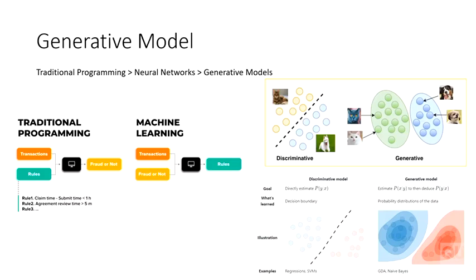So you estimate the probability of X given Y, where X is your data and Y is your label. You are saying, what is the probability that this data point is coming from the dog space or from the cat space? If you know that probability, you can simply use Bayes' rule to change it to the probability of Y given X. Then you can use it for classification as well. So you train a generative model, and then you can change it a little bit and use it for classification.